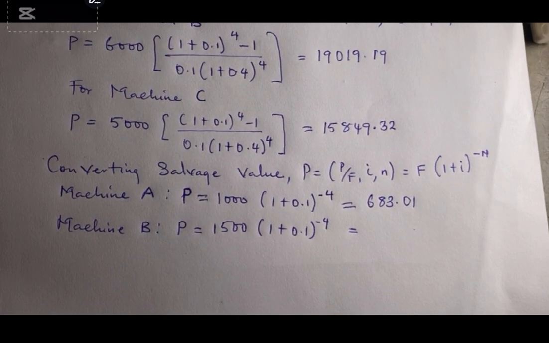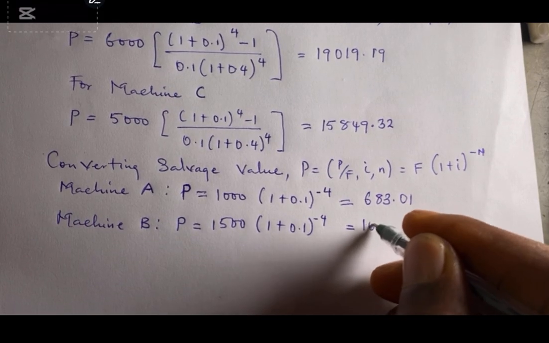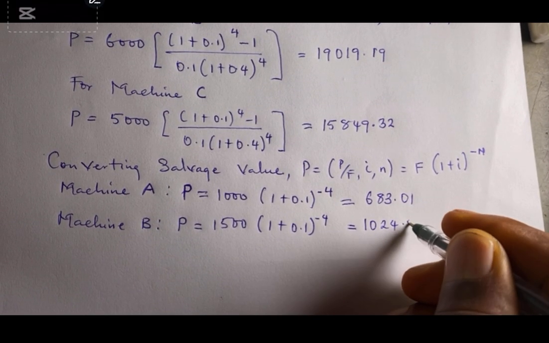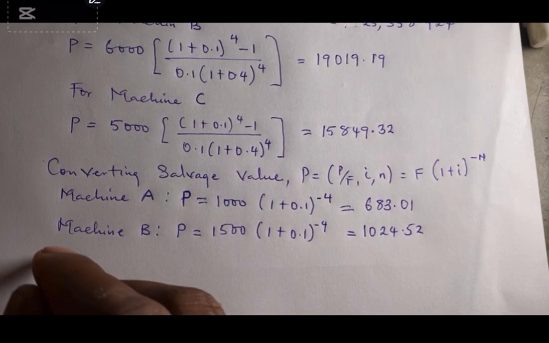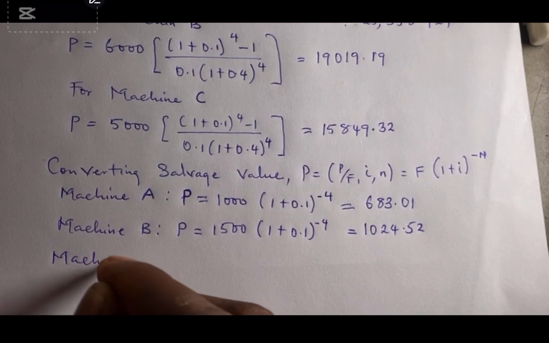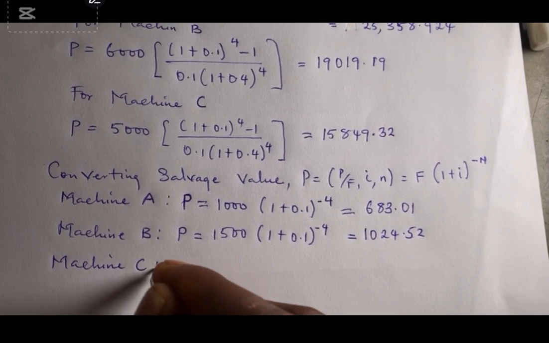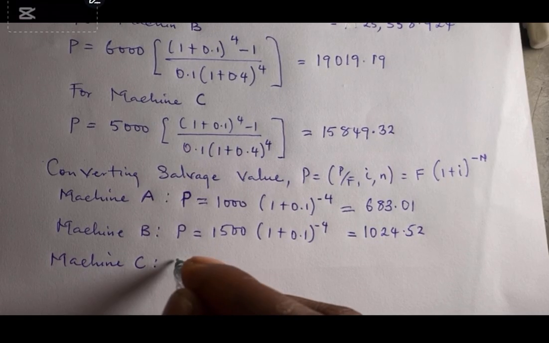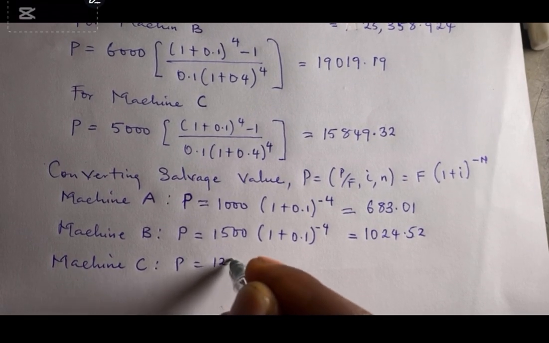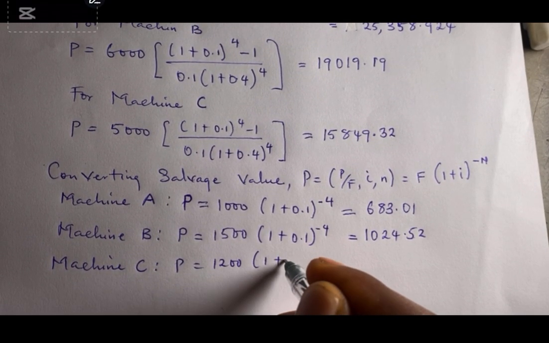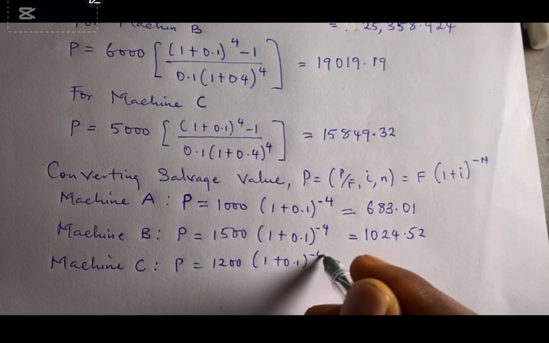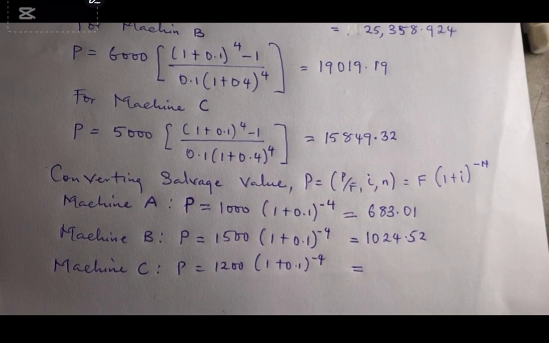Now this gives us. So for machine C, we are going to have 1,200, and this gives us